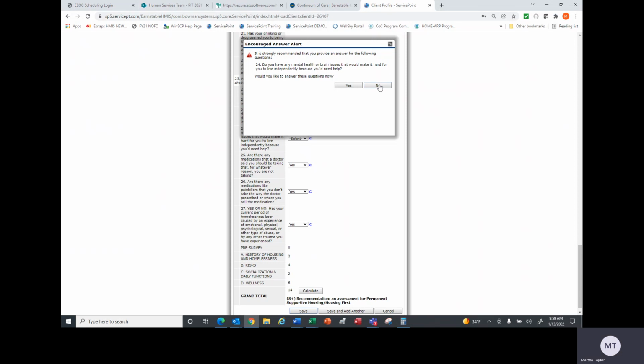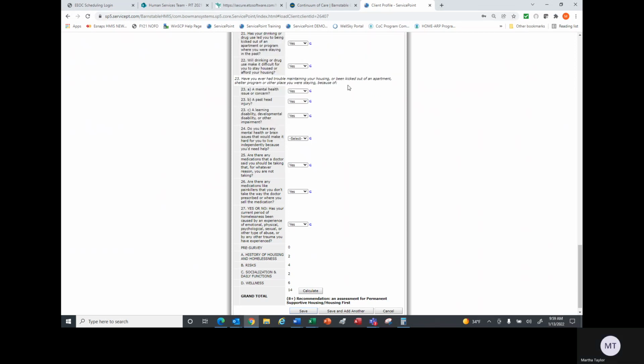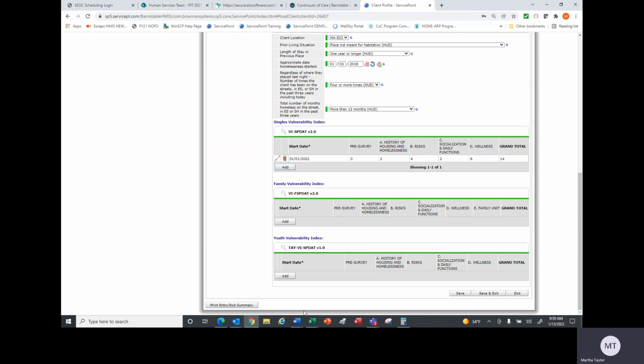A pop-up will come up telling you you missed a question and ask you if you want to answer the question. Click Calculate again, click Save again, and it brings you back to the screen where you can see that the